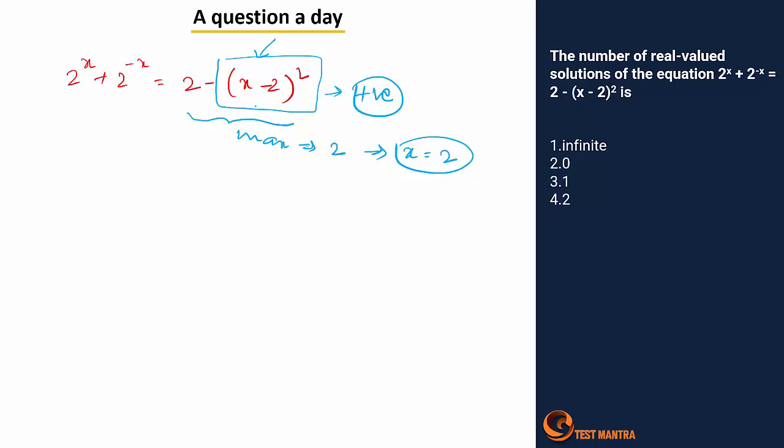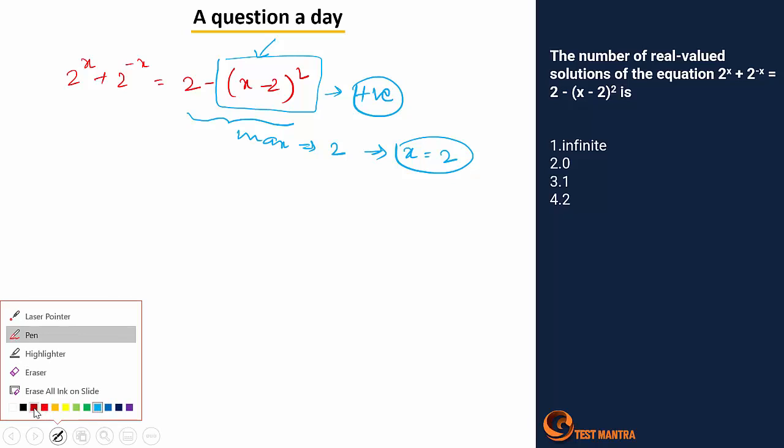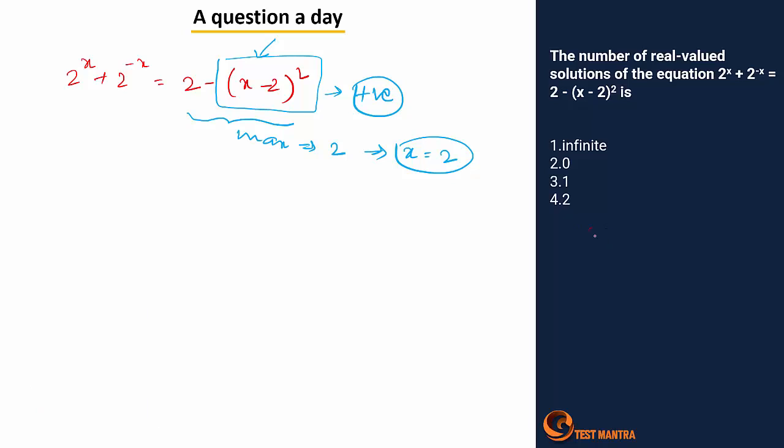But if we take something else, let's take some example also. Suppose I have taken the value of x as 3. So the value is 2 minus (3 minus 2) whole square, right? Obviously in that case the value is nothing but 2 minus 1, or else 1. So value is reducing here, or else it can be a negative value. So maximum it can be nothing but 2 here, right? That's the first thing which we have identified. So we have worked on this part.